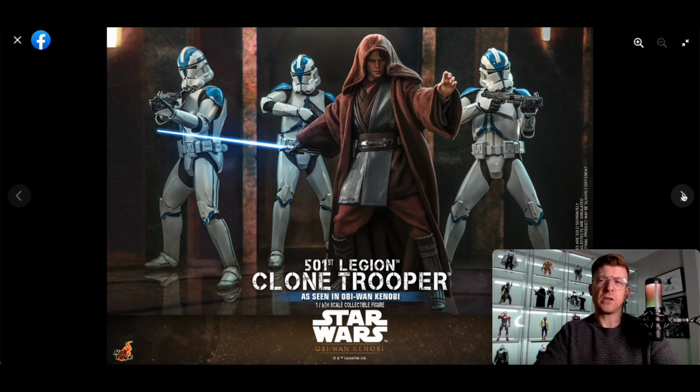I know people would nitpick and go, yeah, but the Kenobi Vader is not the same as, say, the Vader from Empire Strikes Back. But let's be honest, who's going to know? I don't think I'd be able to tell the difference unless they were pointed out to me. I know there are differences. I've seen the things online and stuff like that. But in fairness, the dark side Anakin is getting all the attention here,